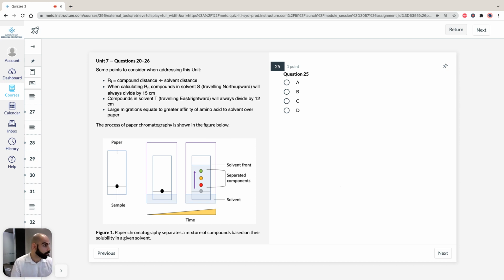If we take a quick look at the figure, if you turn the page to the figure, you can see tyrosine and threonine. Tyrosine has a greater RF value in S, but threonine has a greater RF value in T. You can see straight away by their migration. So therefore, if we go to question 25,